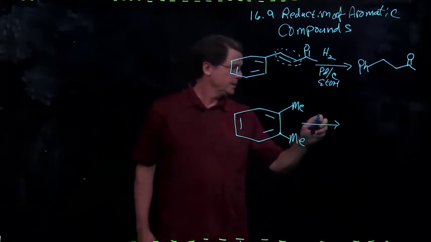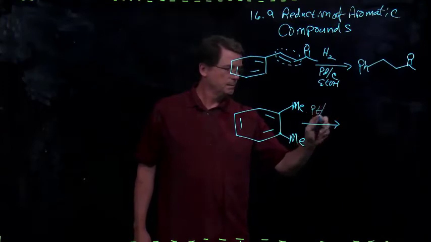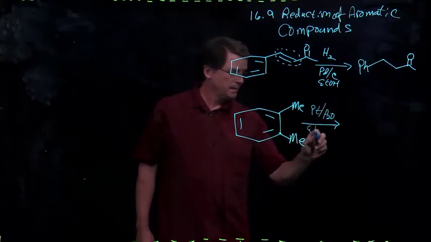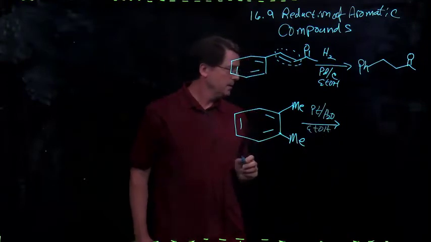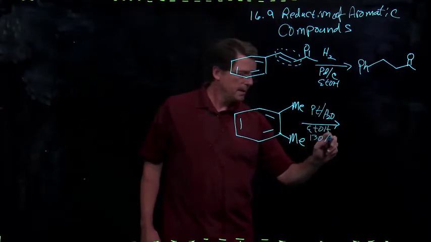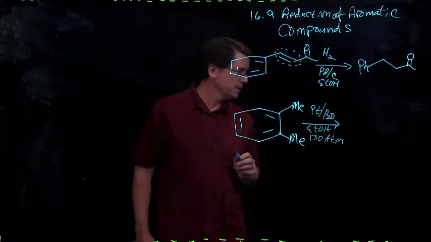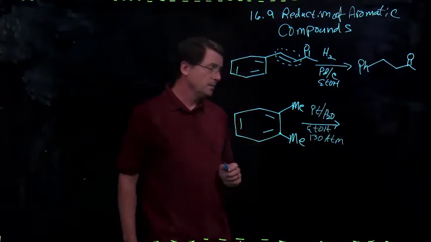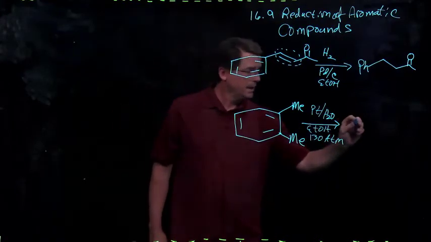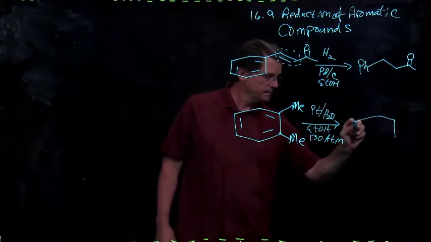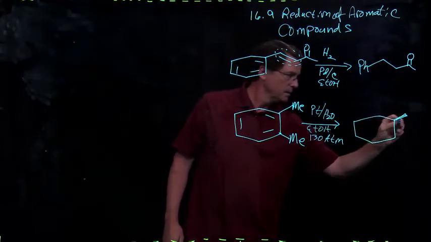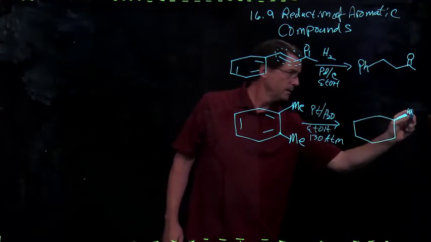We can use platinum metal with hydrogen, again in ethanol, but we will have 130 atmospheres of hydrogen, and we can do that with that much pressure at room temperature. And the product that we get, of course, once we break the aromatic ring,